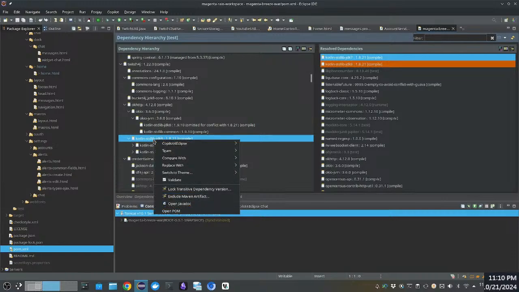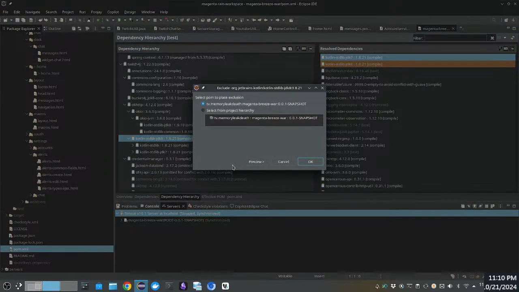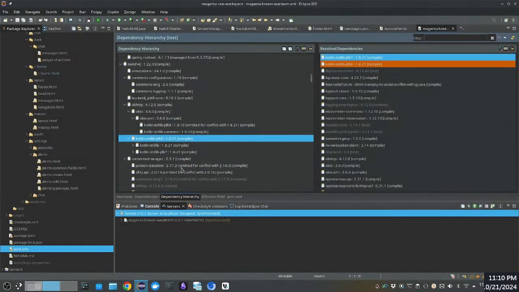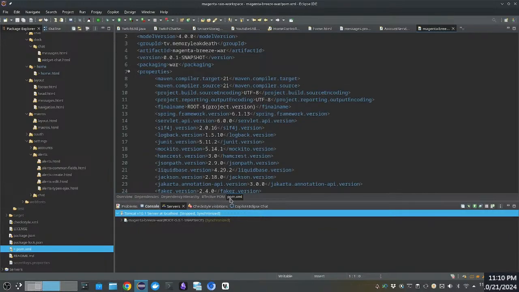Okay. So I'm just going to say here, can I do that here? Exclude Maven artifacts. Yeah, that's the one I want to exclude it from. So then, if I look at the POM now,